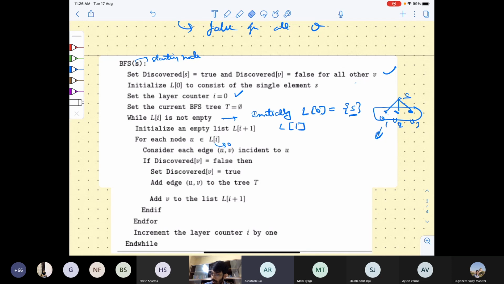We add this edge to the tree. Similarly, now we look at the second edge. Again, discovered is false, so we set discovered V2 to be true and add this edge to the tree. Then we look at the third, and then we add